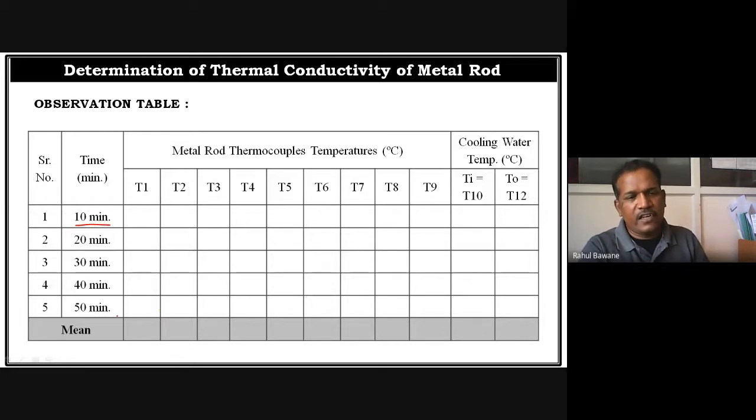And some follow the standard procedure as per the manual, where we have to take an average of all readings. But these readings are assumed to be after steady state. But in our case, due to time limit, we never wait for a steady state because it takes about 1 hour or 1.5 hours. So after 30 minutes, we start noting down our readings. That is actually not a standard practice. So we will take a mean of all readings, and on the basis of these mean values we will calculate. Now how to calculate?